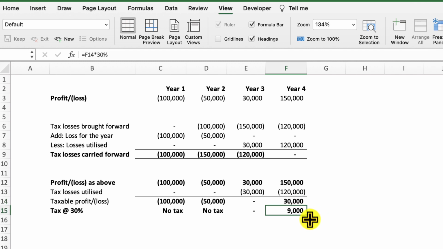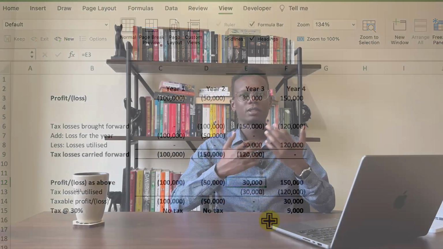30%. As opposed to, if this was not allowed, we would have to pay tax on the entirety of this 150,000, which would be 50,000, and we'd also have to pay tax on the entirety of this 30,000, which would be what? 9,000. So most tax regimes will allow you to carry forward your historical losses and offset them against your future